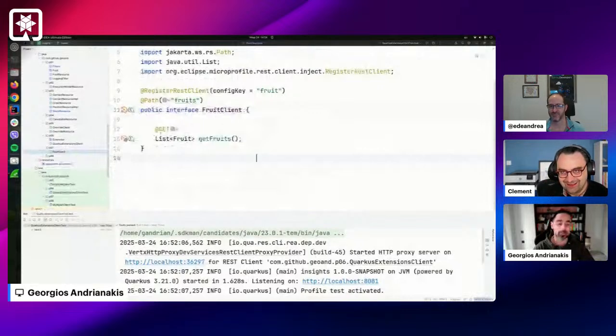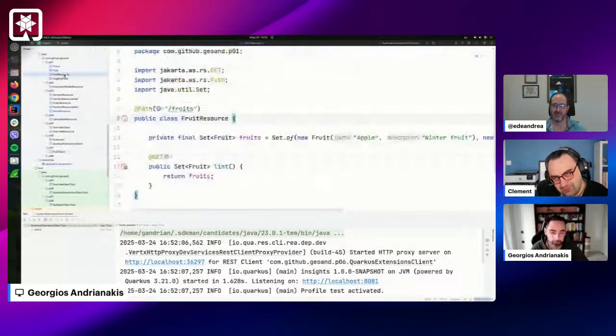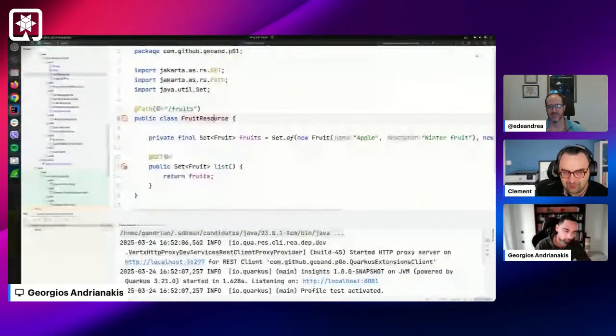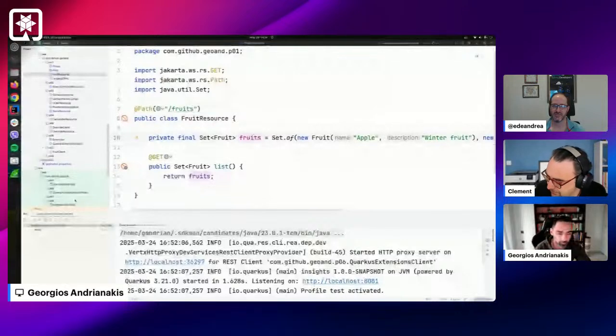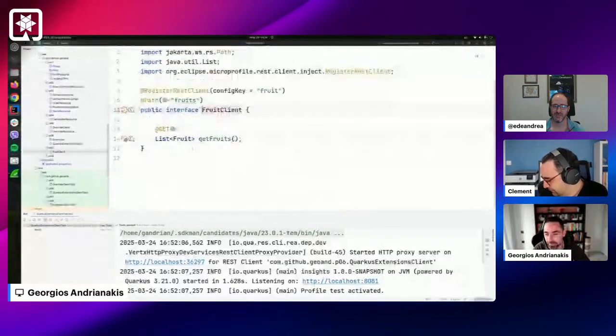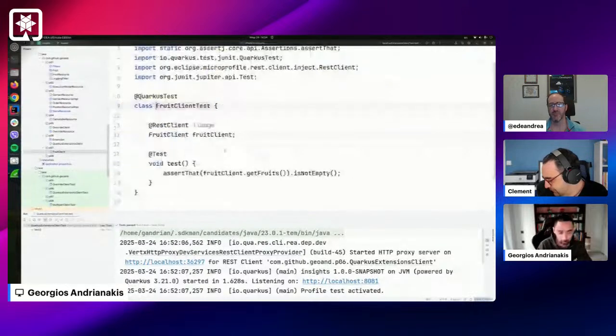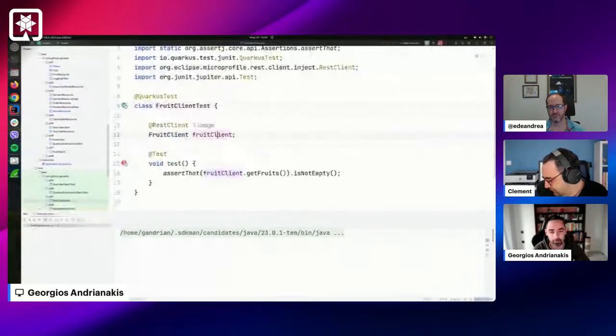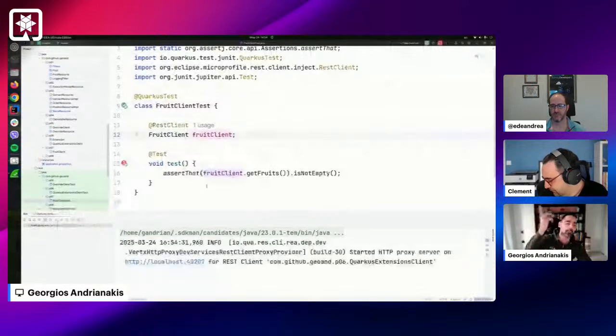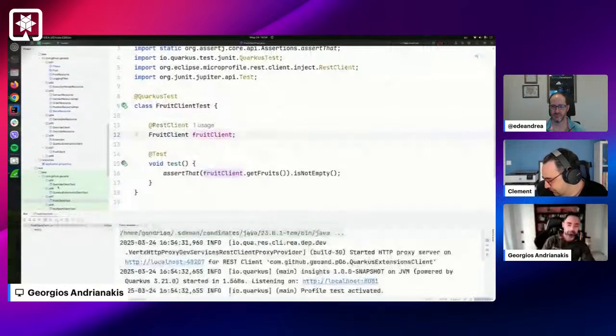Serializers. So this is a pretty cool feature, experimental for the time being. We had our fruit resource earlier, right? This just returns fruits. And if you have a fruit client that gets them, this will just work. Obviously, because it's Quarkus, you just inject the REST client, you run it, everything works. Now, what do